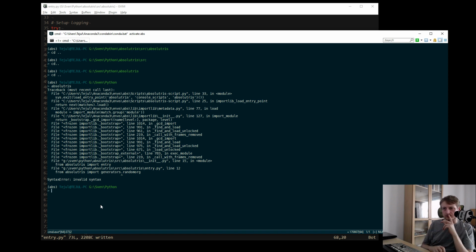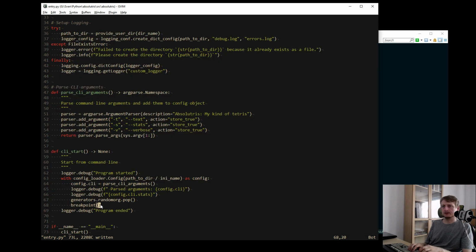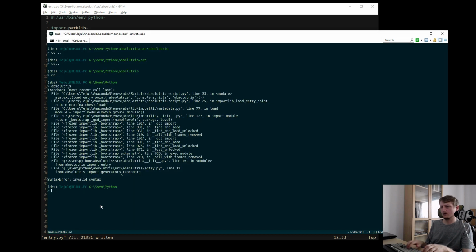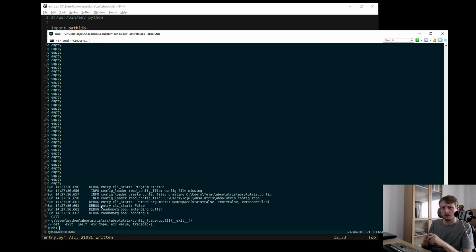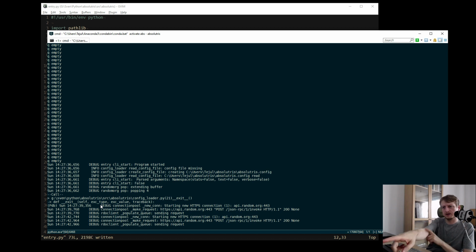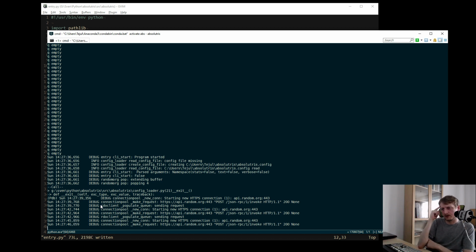Import generators random org. Okay, it doesn't like it. So what if I say just import generators? There we go. Yeah, what we see here are messages from the random org thing where it's prefetching a buffer of random numbers. That's okay.